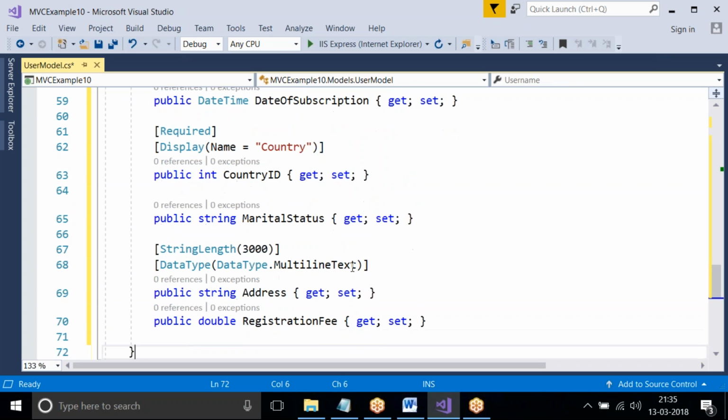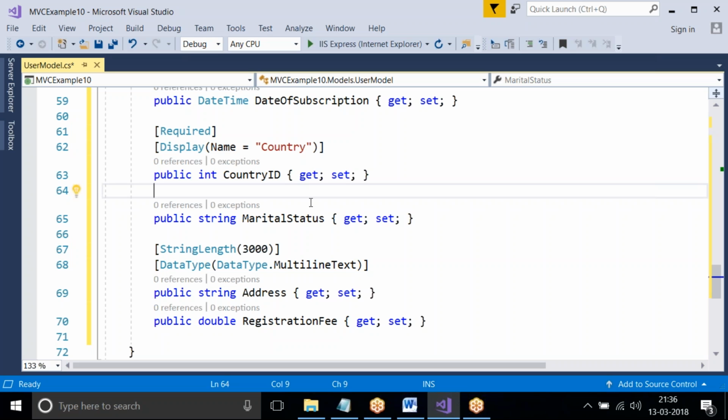And here you can see required is there. For this, you can see country ID is given, public int country ID. So in this example we'll get a text box, and in the text box I'll give country ID as 107. Why? Because in the 10th example we are implementing only a little, but after the MVC advanced architecture, in the 11th example the complete implementation will be there using ADO.NET EDM, sending the values to the table.